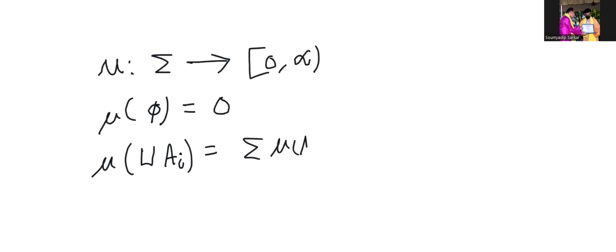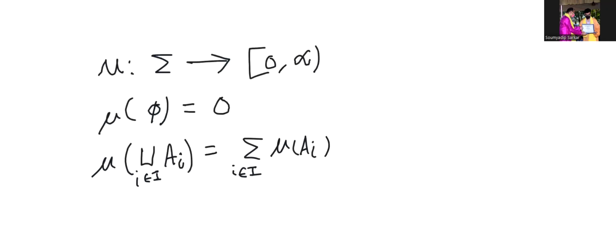That is our intuition behind defining probability. I mean, that's how we do it in probability: the probability of occurrence of at least one of them is equal to the sum of their individual probabilities, provided